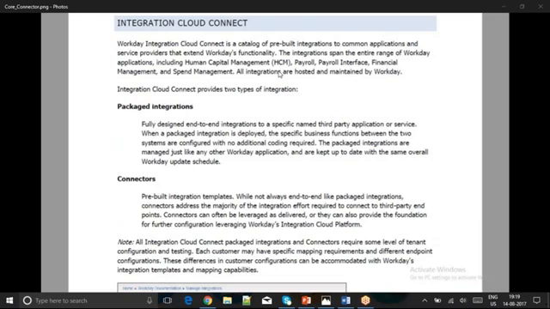And core connectors are not end-to-end integrations. They are not specific to the vendors. They are just templates, built-in integration templates. When compared to the packaged integration, these core connector templates are generic. They are not specific to the vendor. And whenever you want to send the data to a vendor for which we don't have a packaged integration, we